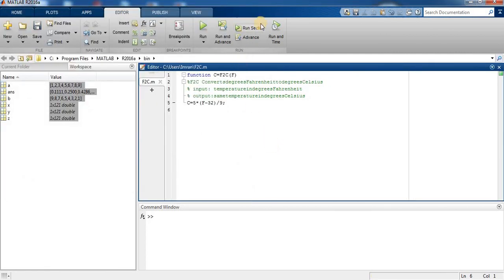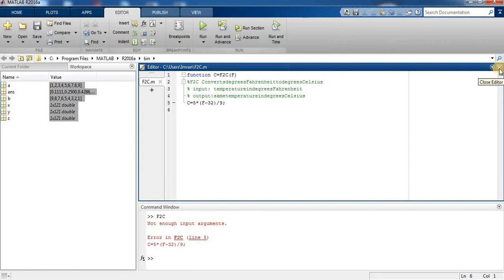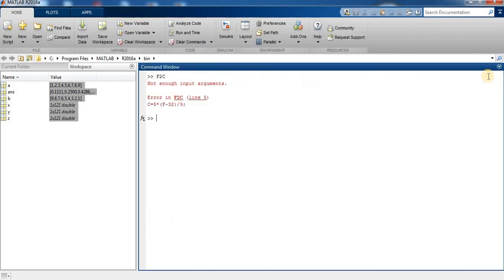Yes, okay. So run it. Here we close our editor after saving our function. Type clc. Now we can verify whether our function is working or not.